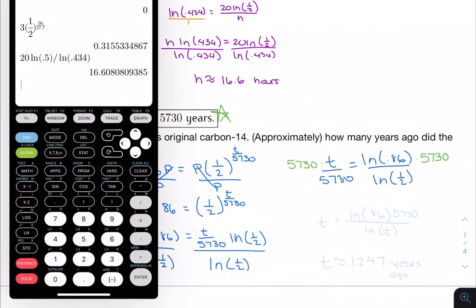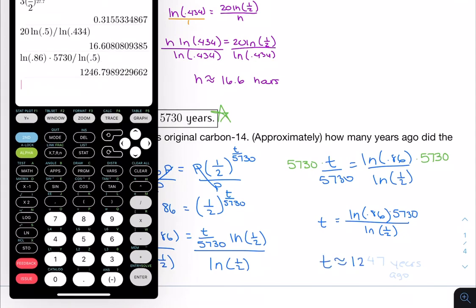And now just multiply 5,730 to both sides, so you get that t is the ln of 0.86 times 5,730 over the ln of 1/2. And now just plug this into your calculator. So t is approximately 1,247 years ago. So this tree died that many years ago. Alright,